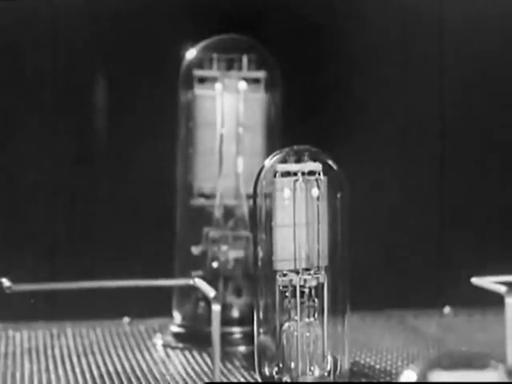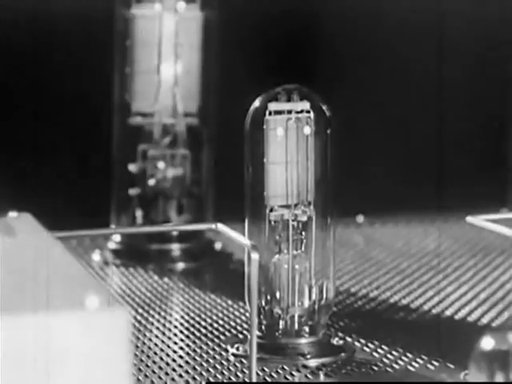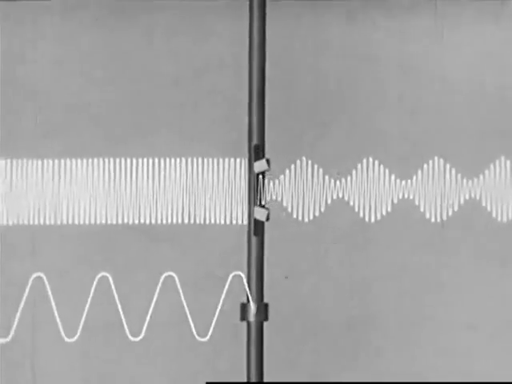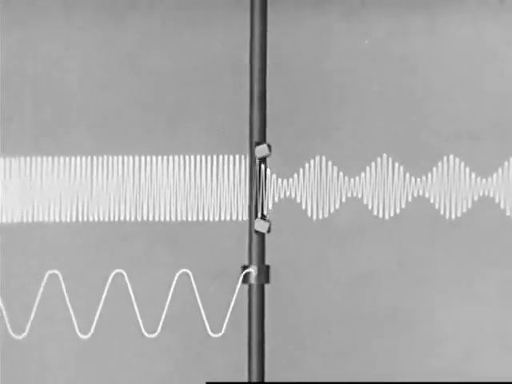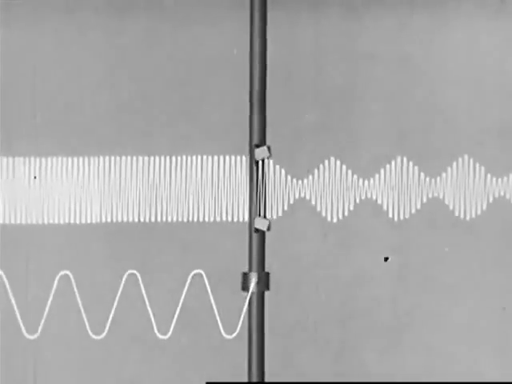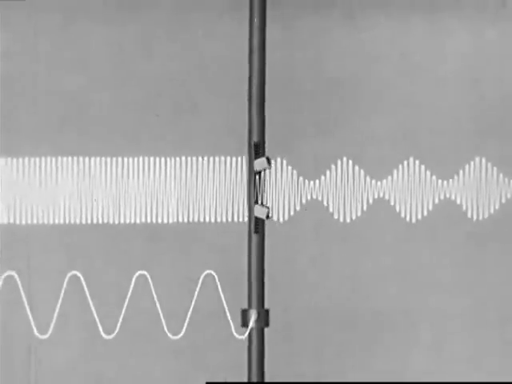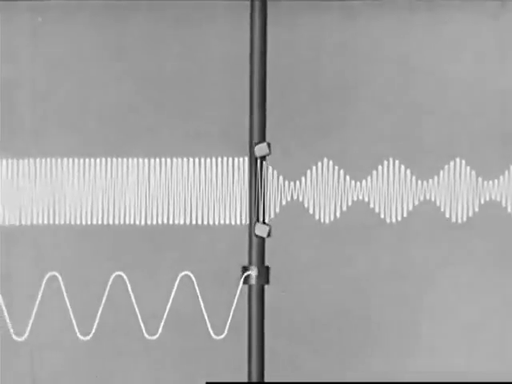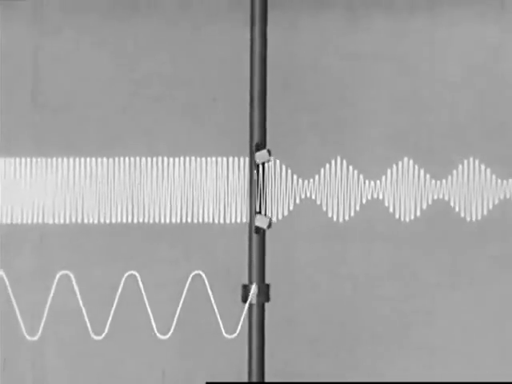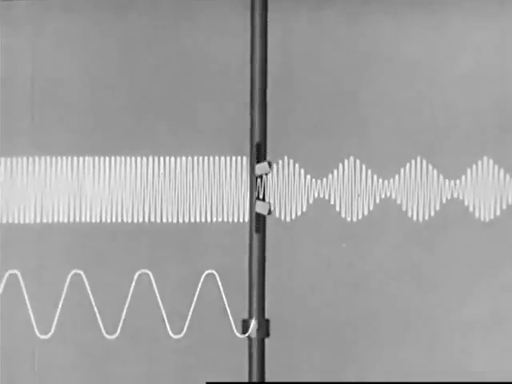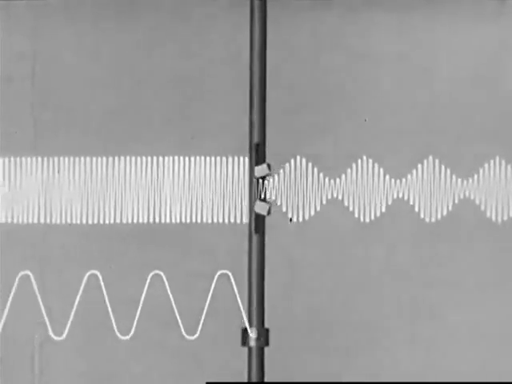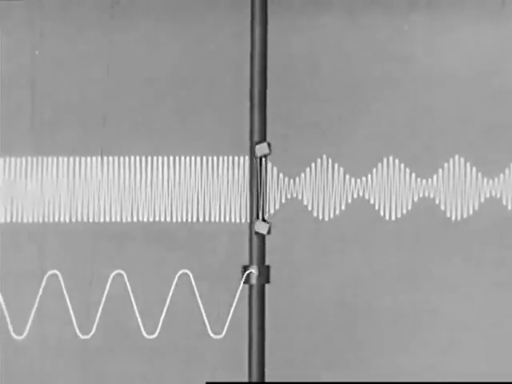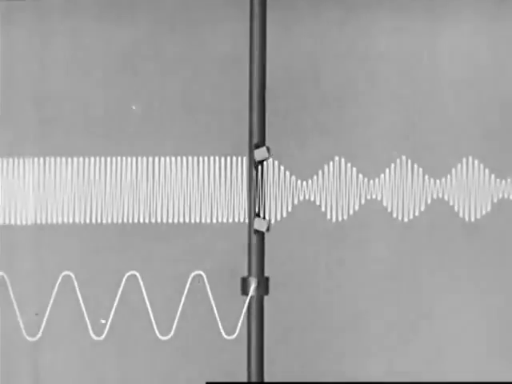This is the modulator tube, in which the radio frequency current is modulated by the audio frequency current. In the modulator tube, the audio frequency current shown at the lower left modifies the radio frequency current shown above according to the strength and the frequency of the voice current. This is called modulation. Note, however, that the modulated wave is still a radio frequency current. The modulated radio wave now goes to the power tube.